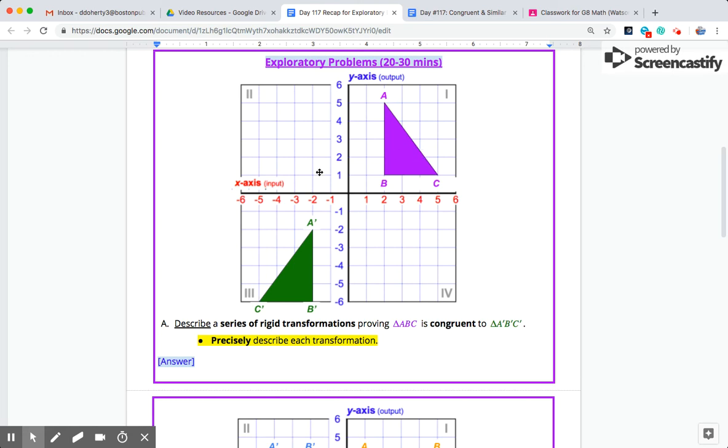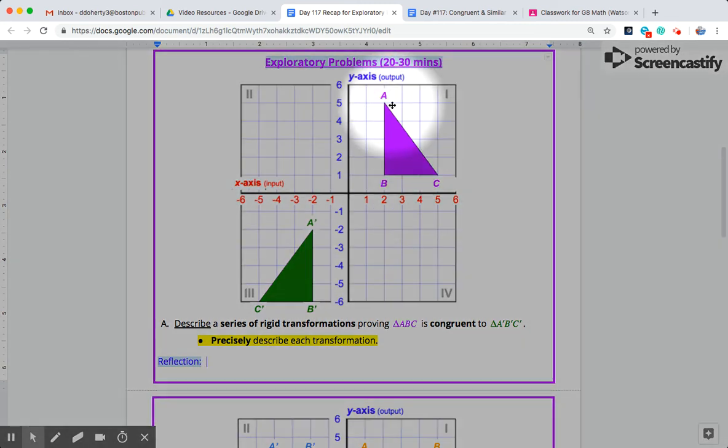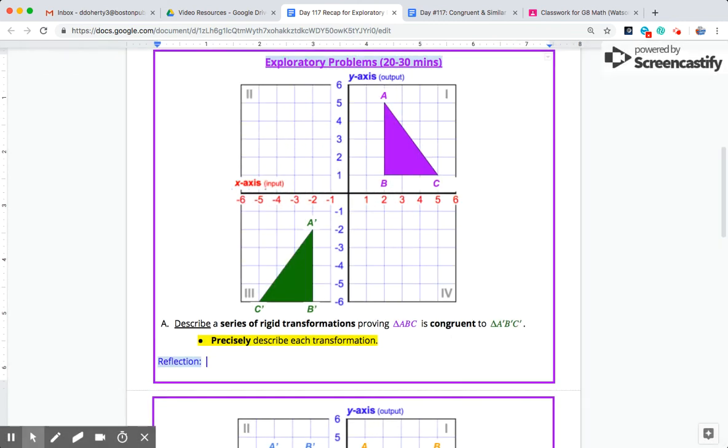And we're going to be needing to use a reflection. So hopefully you and your partner saw we need to use a reflection. And whenever we use a reflection, again, we want to be taking this purple triangle here and flipping it over across this y-axis so that it lines up at least vertically with the green triangle. So as I describe that reflection, I want to reflect the purple triangle across this y-axis to flip it from side to side. So I would say across the y-axis,